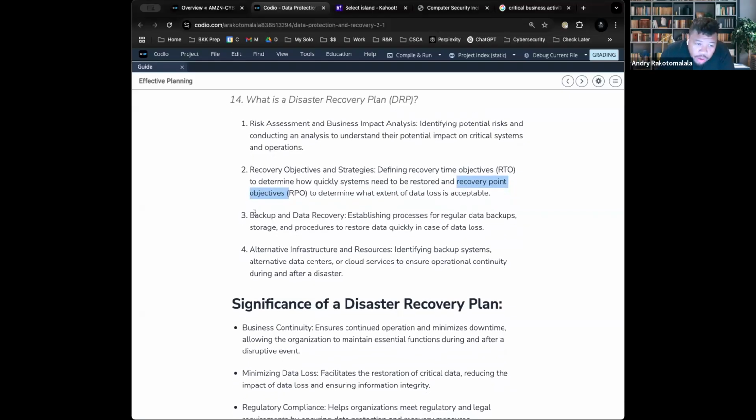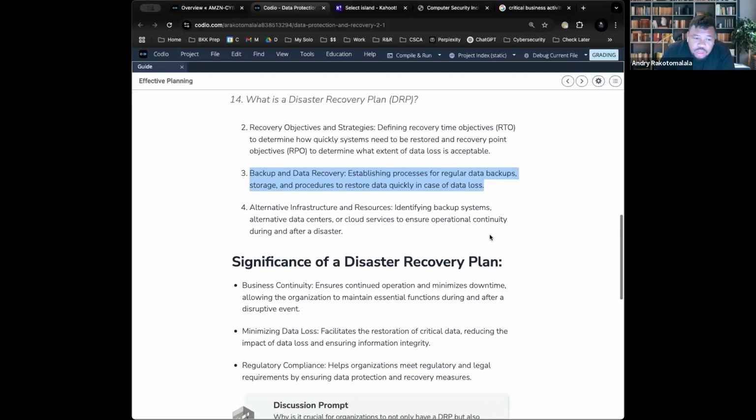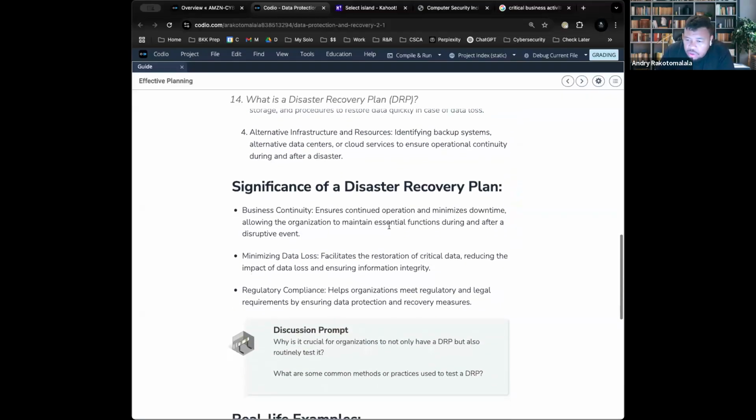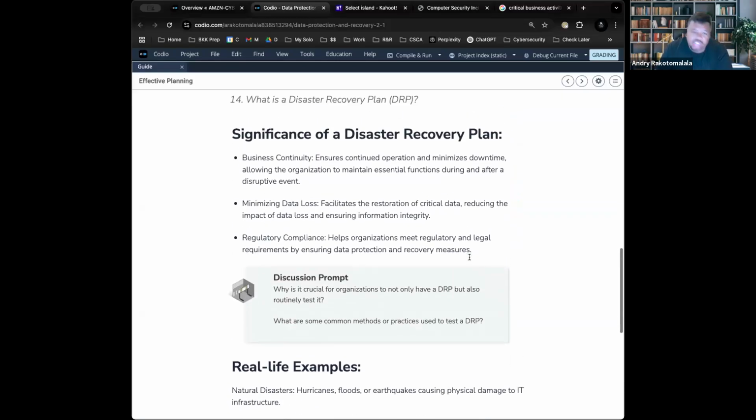Disaster recovery is where backups live. So you need to have a backup in place in order to bounce back too. That's why it's so important to make sure that you have a really good backup strategy. All right. So why is this important? Why is disaster recovery important? Well, in essence, if you have a solid DRP, a solid disaster recovery plan, it reduces the chaos during the emergency because, for one, you say, oh, we have a good disaster recovery plan. It's already in place. All of our systems are back up and running. And then, in turn, that protects your revenue, it protects your reputation, and it protects your data.